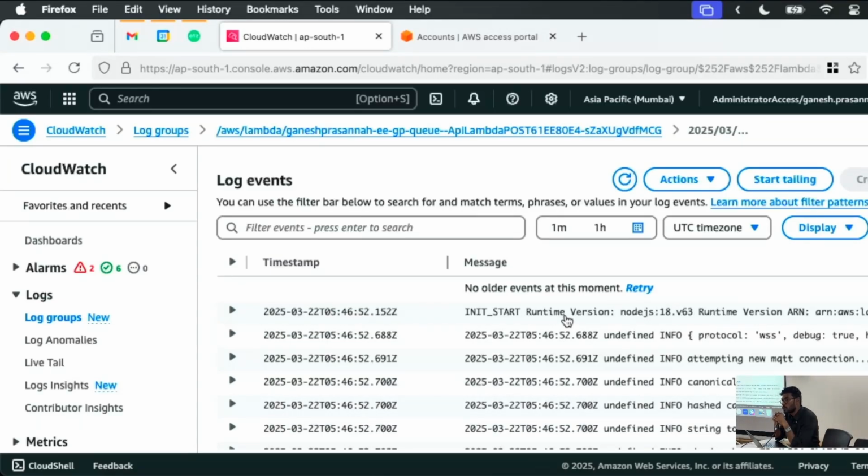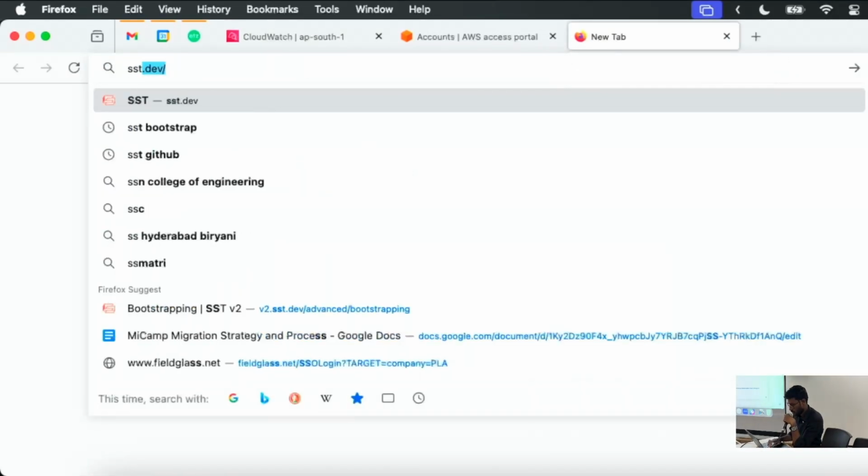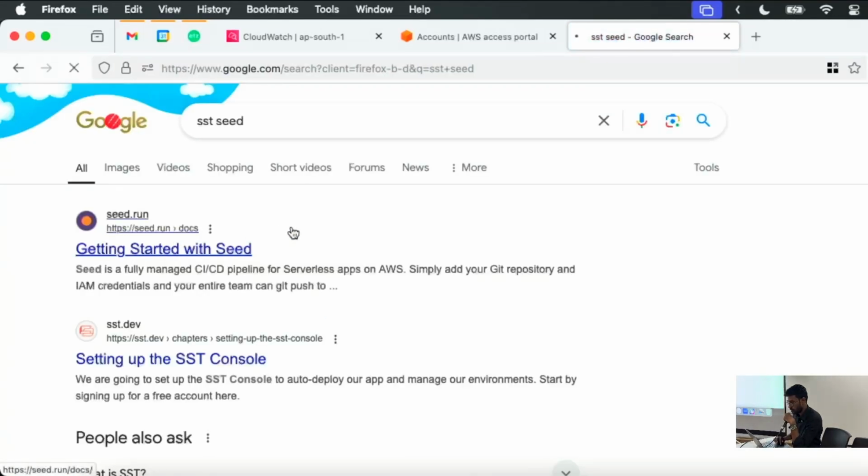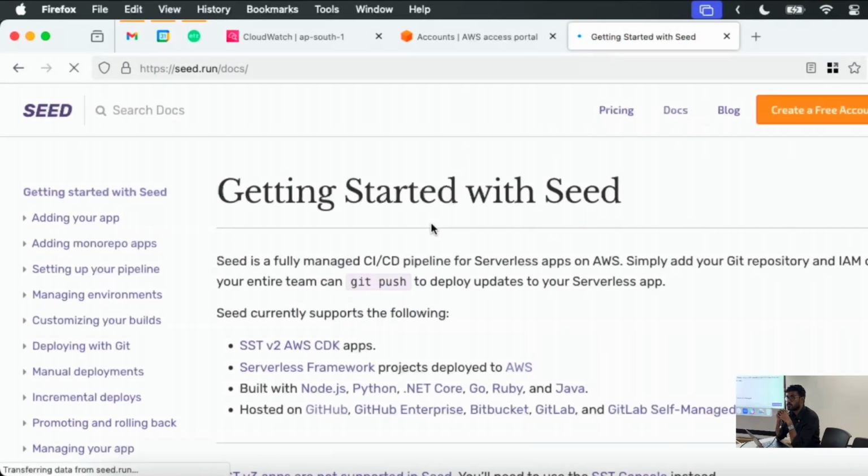It is, yes. So how they make money is they have a CI product called Seed. So that's how they make money. But it's all open source. It's pretty good and they're open to contributions. Like I think 2 years ago, I helped them add Java support for Lambda. So they're open. And the cool thing is you can write your Lambda, whatever I just wrote, in most of the popular languages.